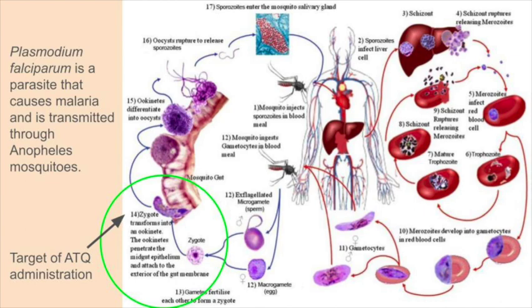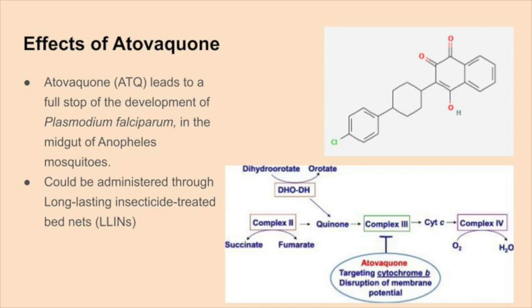Parasites were killed at the early zygote to ookinete transition, as determined by immunofluorescent assays of infected midguts, which you can see in the figure. So ATQ is a specific inhibitor of the parasite cytochrome bc1 complex in Plasmodium falciparum. It targets the cytochrome bc1 complex, disrupting mitochondrial electron transport and hindering energy metabolism, effectively inhibiting the parasite's vital functions.